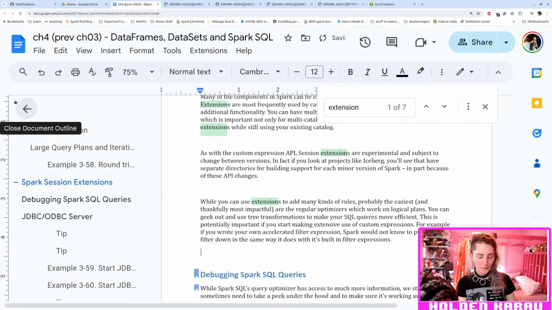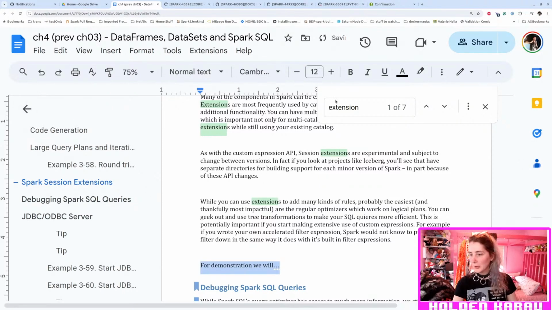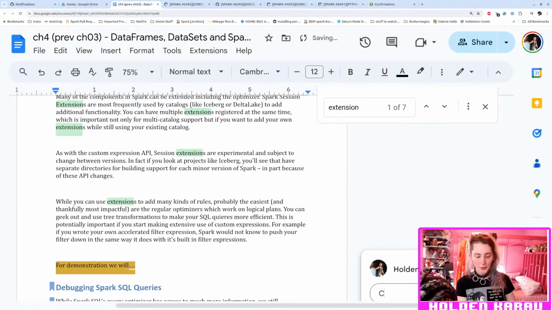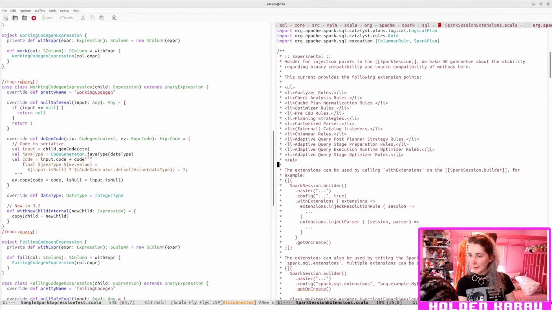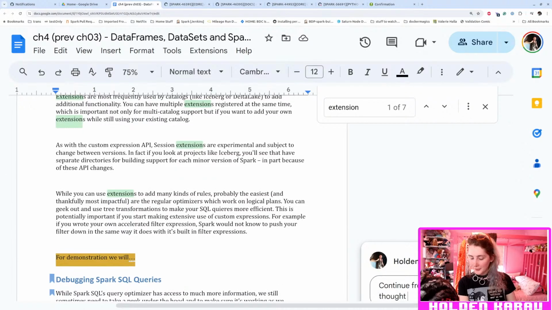For demonstration, we will. Okay, and then we're going to tag this. Continue from here. Working thought is make a filter that